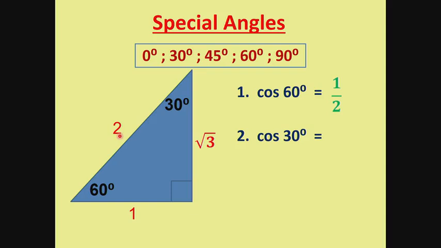What about the cos of 30? Now here you just have to be careful. There's your angle. Remember, hypotenuse stays the same. But now, according to 30, square root 3 is your adjacent side, or x. And 1 is your opposite side, or y. So what is cos? X over r, or adjacent over hypotenuse. And you agree with me, square root 3 over 2. Right? And if I have tan 30, what is tan? Opposite over adjacent, or y over x. It gives me 1 over square root 3.